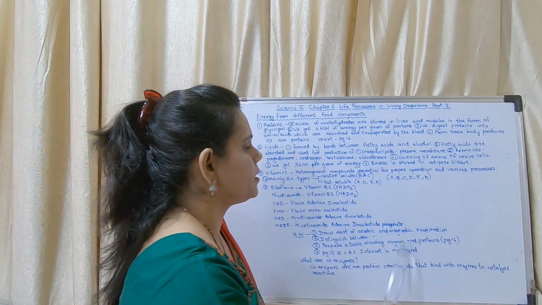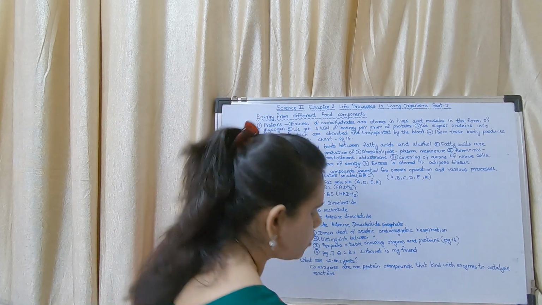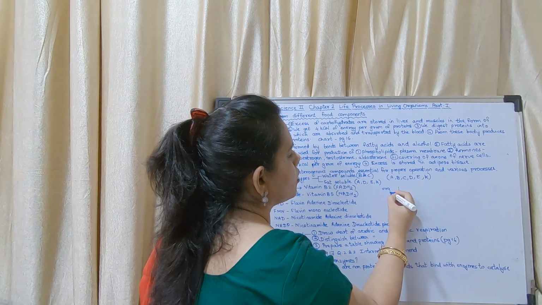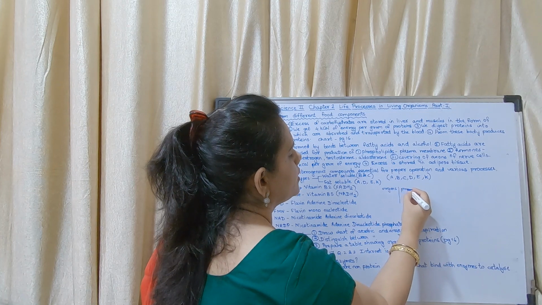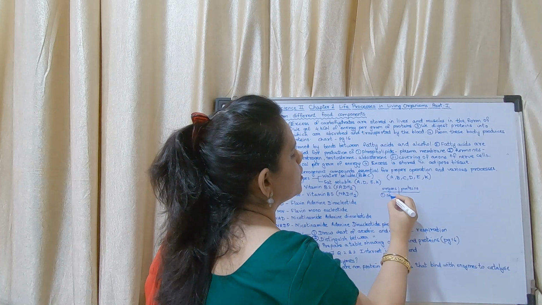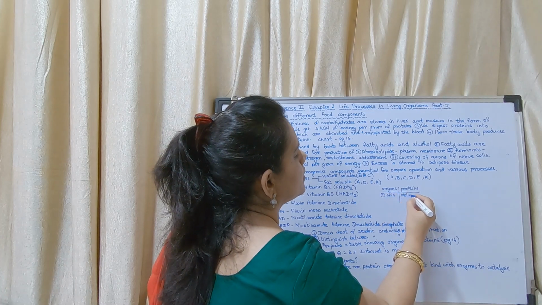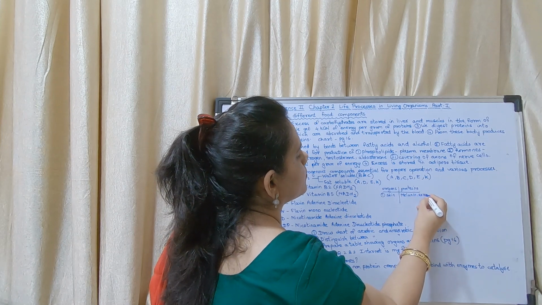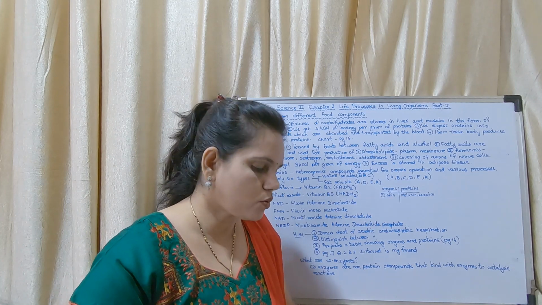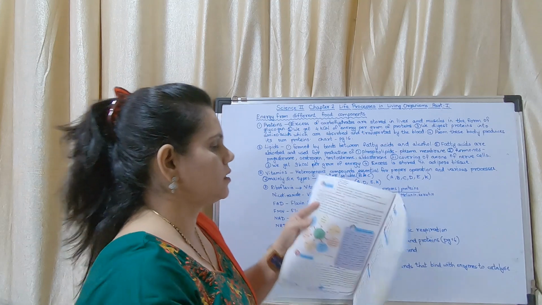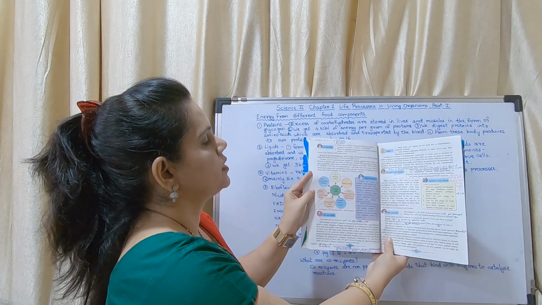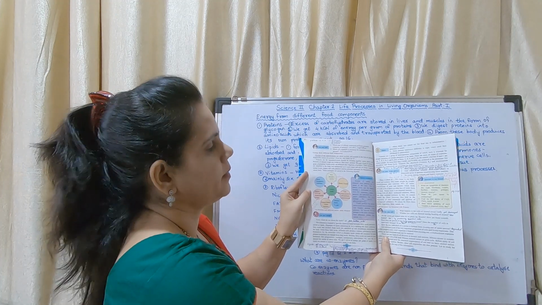Now here I have given you a question. You have to prepare a table showing organs and proteins. On one side you have to write organs and on the other side you have to write proteins. Okay, for example, the first one will be skin. You have to write melanin and keratin. Okay, like that you have to write. For those who do not have the textbook, they may take a screenshot of this and write it accordingly. Okay, now this is the chart. This chart is very important.